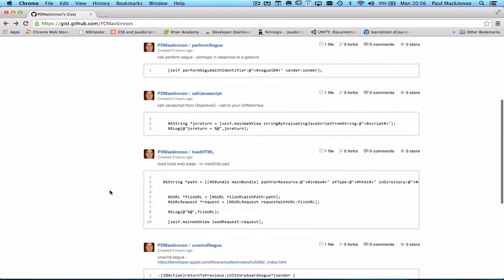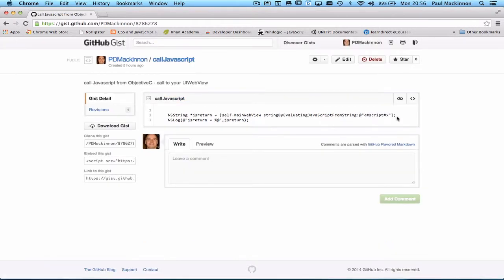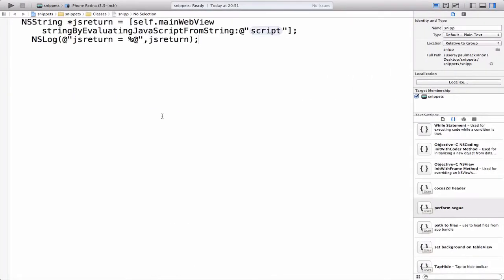So that's the second one done. I'm just going to go through the next one. The next one is call JavaScript from Objective-C. So I'll just copy that, paste it in here,